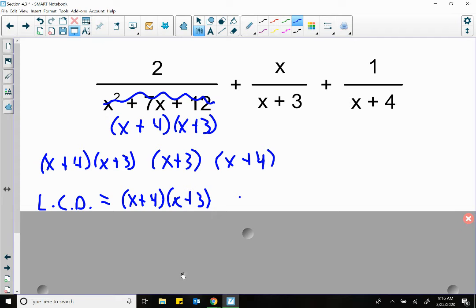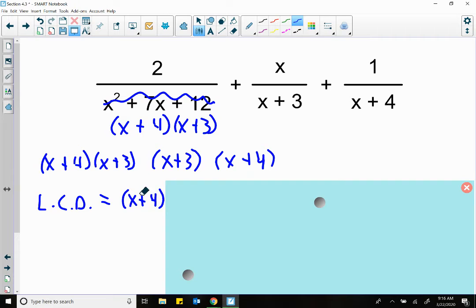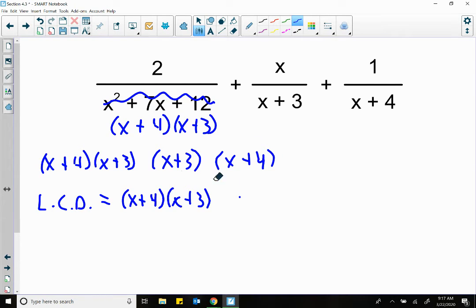So as I slide over to show you that real quick. There we go. There's the x plus 4. See, everybody, all these denominators are covered with just that. Okay? So all of these are now going to have a denominator of